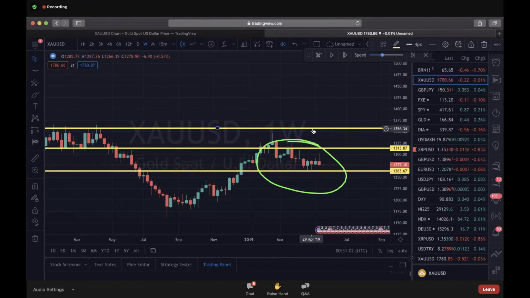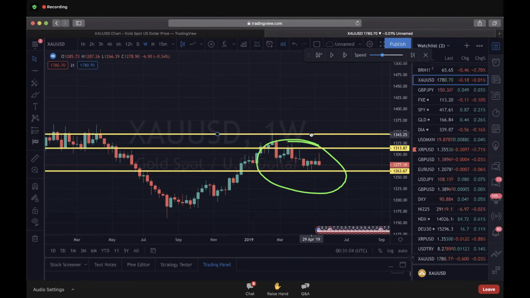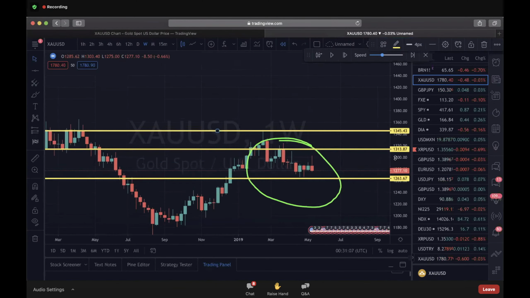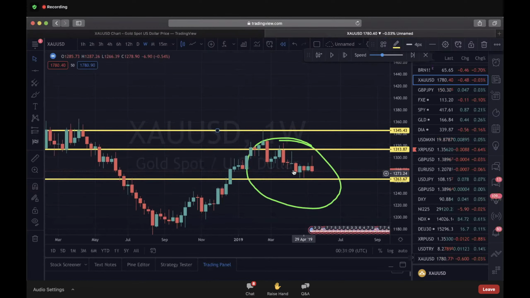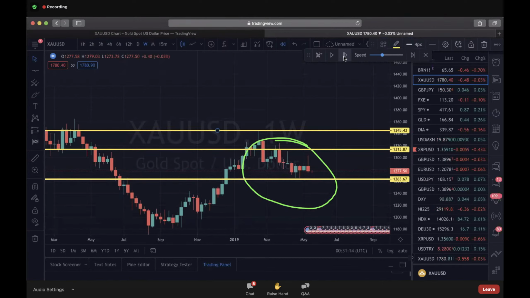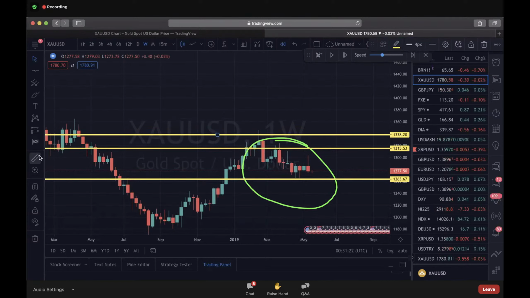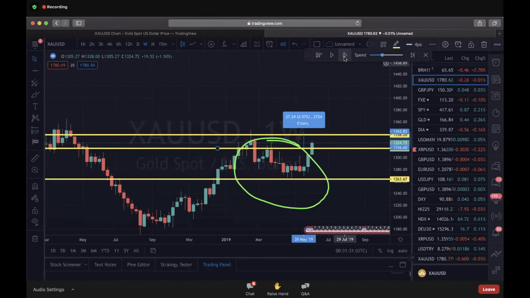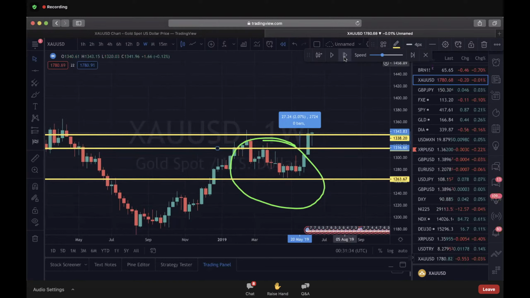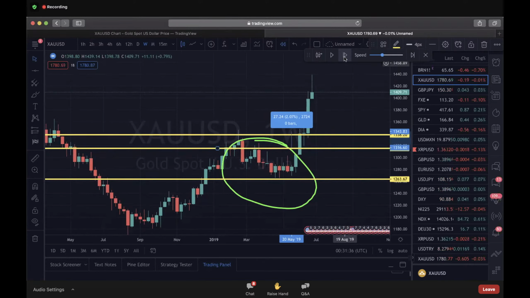1311. This is a place where I would enter. I don't have to go for a crazy amount of points because it's the weekly. So you could literally get in on a weekly trend, right? And this would be my buy stop, my entry, or even manual entry. I'd enter here and collect profits somewhere here. Somebody's like, oh, that doesn't look like a lot. Really? That's another 200 points. So you could literally wait for these setups and then enter. Done. Look, and then price just kept going up.